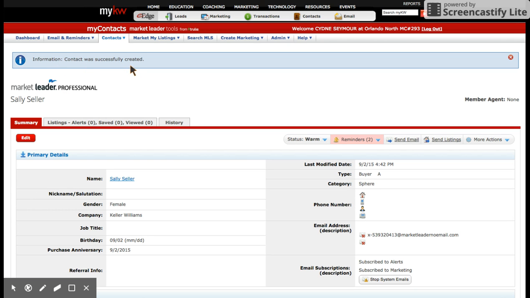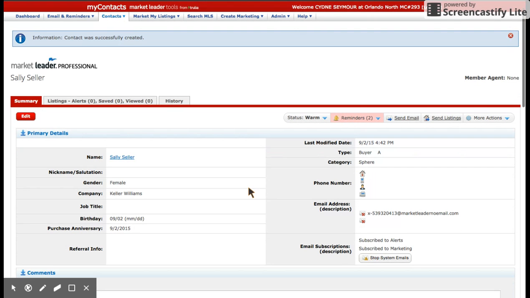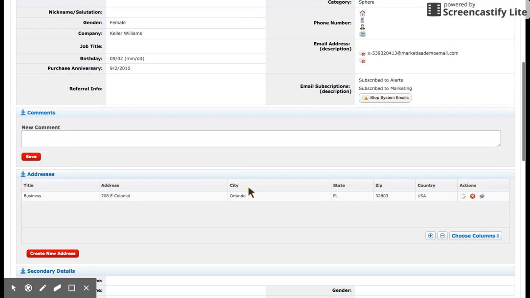Contact was successfully created. And then you'll actually see over here under reminders, I already have 2 reminders for this person, but we'll get into what those are in just a moment. But what I want to show you first is if we just come right down here, this is where we can add comments. So this is where you're going to have a great running log of everything that you've done